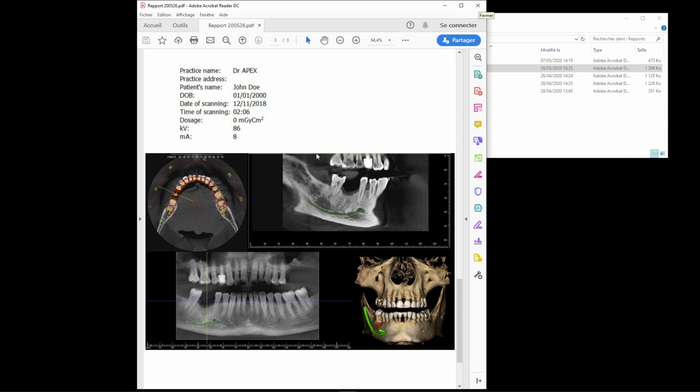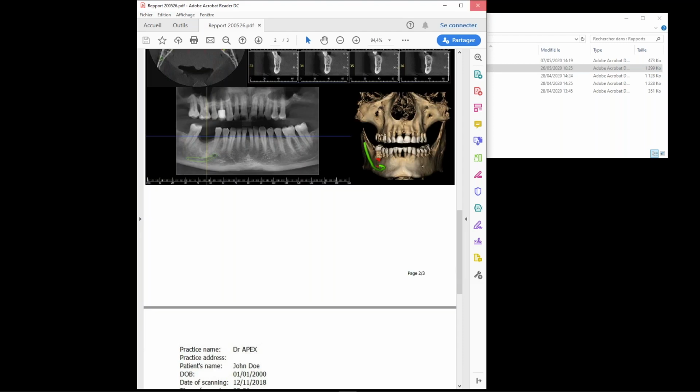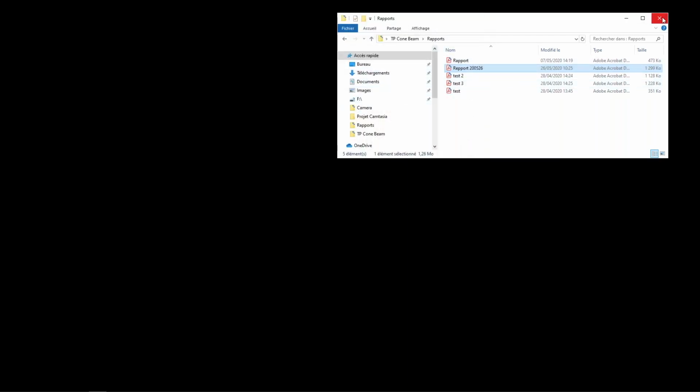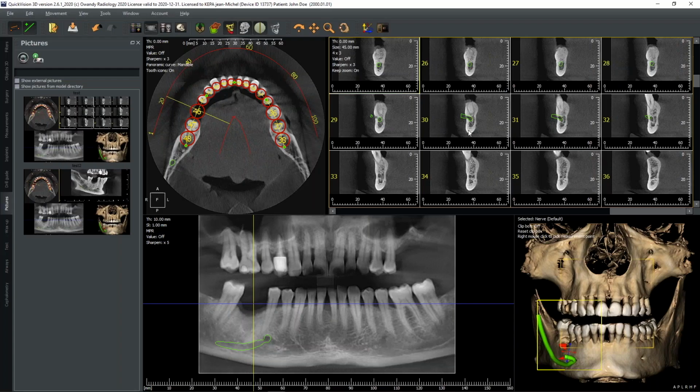Very light, this is a PDF, very light, very easy to handle, to manage. I go back to our 3D case. Okay, we saw how to register some images, how to export a PDF